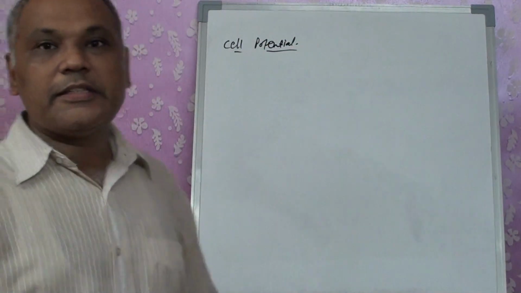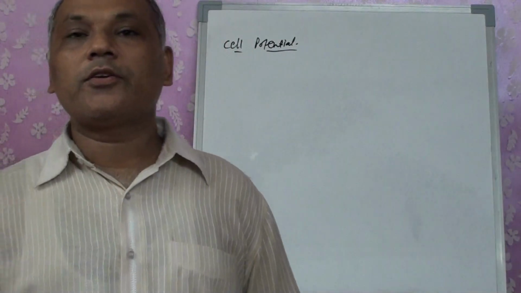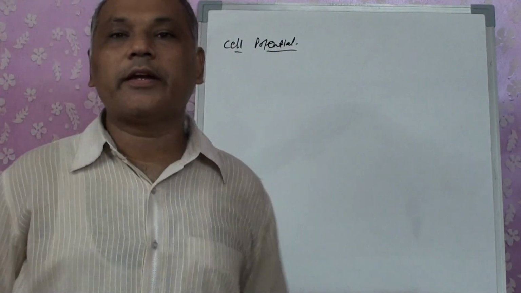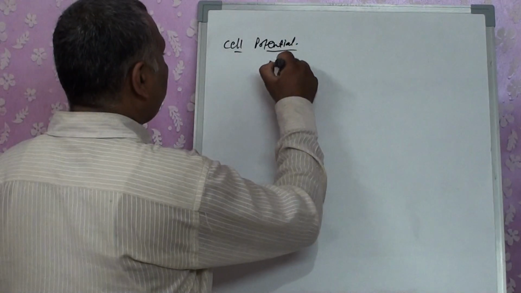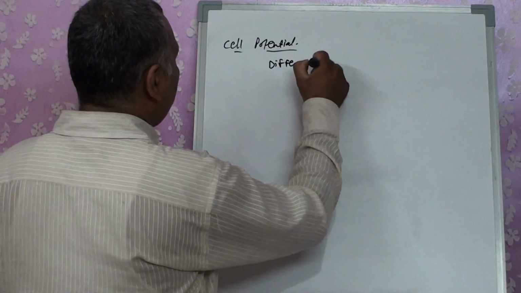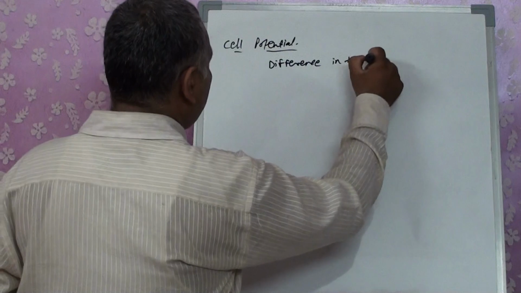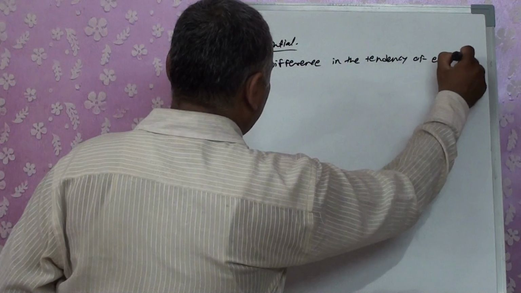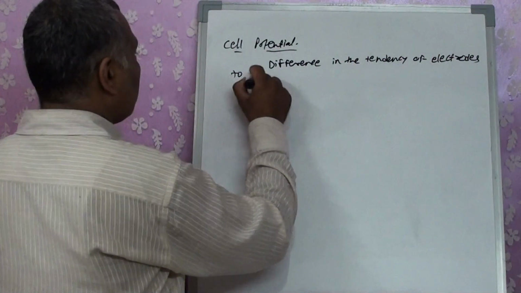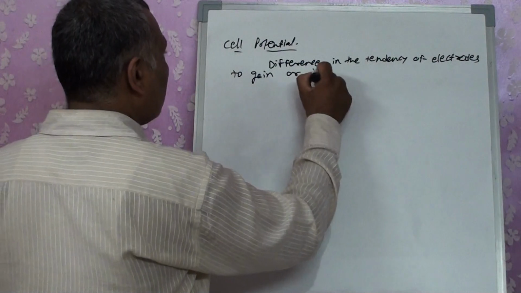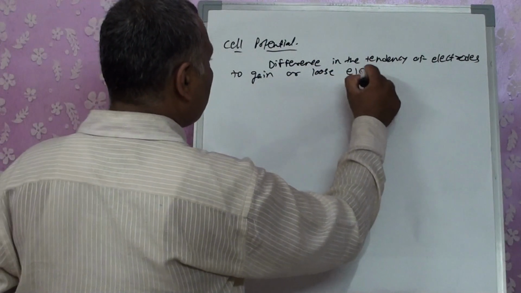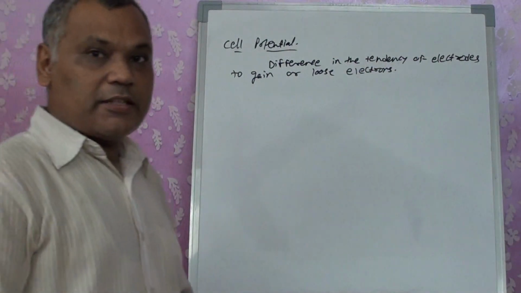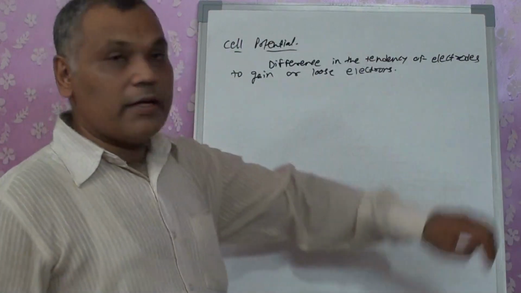Cell potential is defined as the difference in the tendency of the electrodes to gain or lose electrons. That means in our first lecture we already said that when we study this,